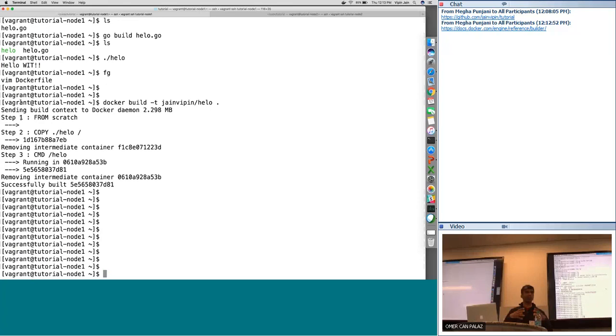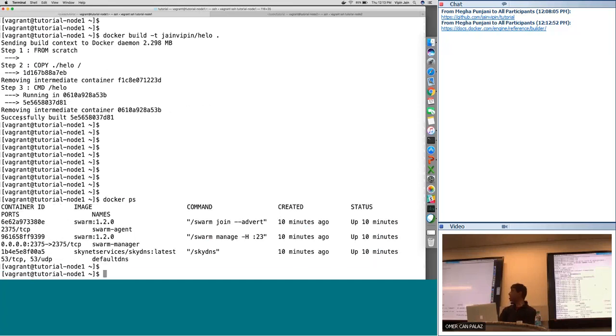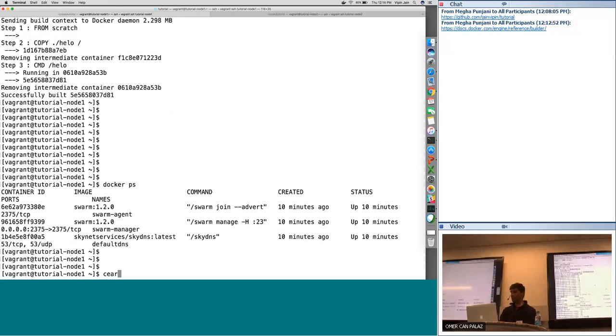It says that, okay, from scratch means I don't need anything else to run the container, and we'll create another container which doesn't start from scratch, let's say if it is not a self-sufficient binary. I copy the binary and then I'm saying that this is a command I need to run. So if I were to do docker ps now, I don't have Jane within hello application. Yeah, where is the container? Let's look at that.